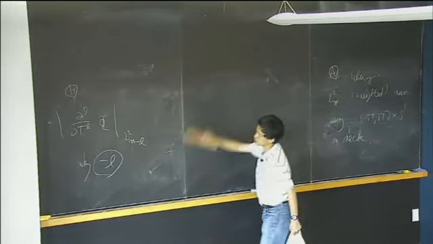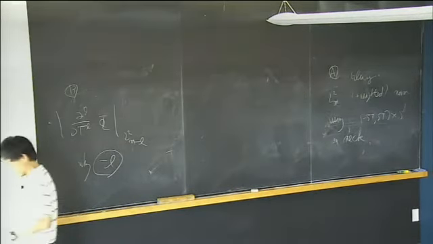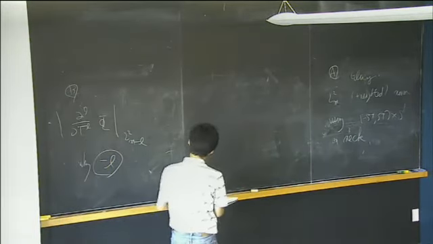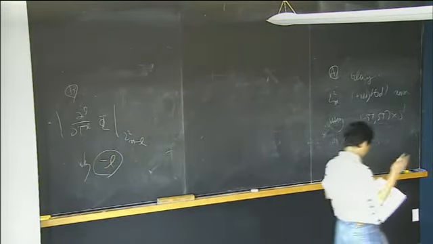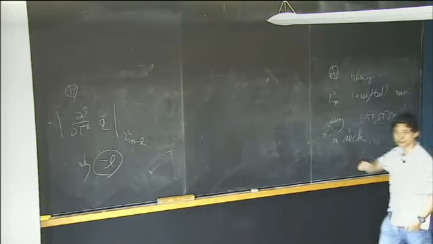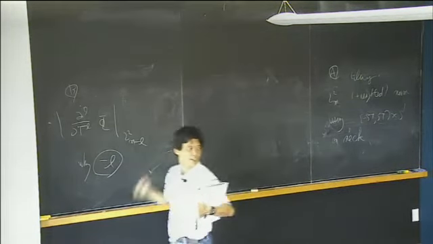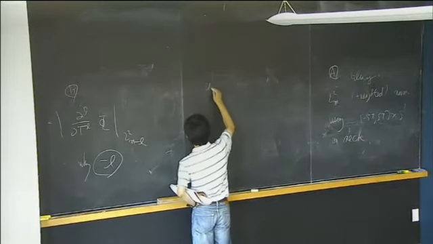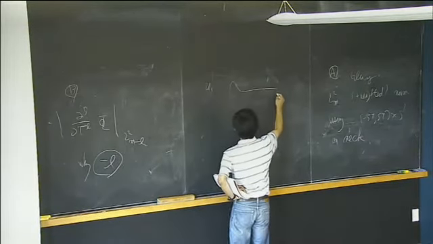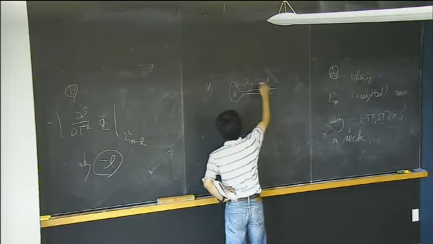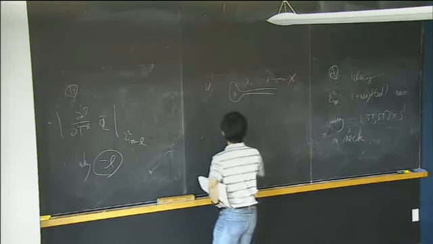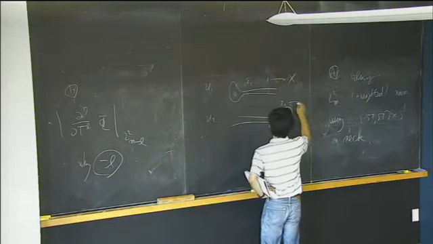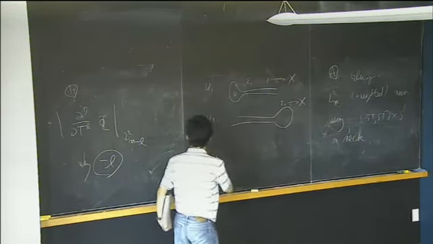Let me start with this second point. So what is the second point? I think it's completely impossible to start the gluing from the beginning to the end, but I just want to show some basic part of the story. So you have a U1, which goes from this sigma 1 to x, and you have a U2, which goes from this sigma 2 to x, right? And what we know is that the U1,